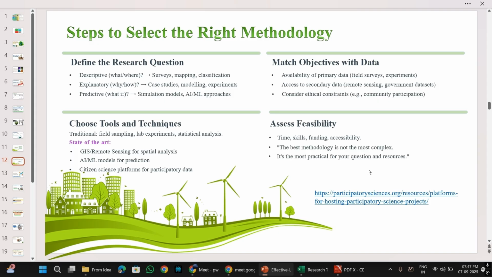Besides that, you also have to assess the feasibility: whether you have the time to take up the kind of methodology, tools and techniques that you have selected, and whether you already have the skills. If you don't have the skills, where do you get them from? Maybe from courses, maybe by using the manuals for those techniques and methods, or maybe for software you don't really know how to use, or for which there is no course available, you can use a manual that is available along with that particular software, or things like that.